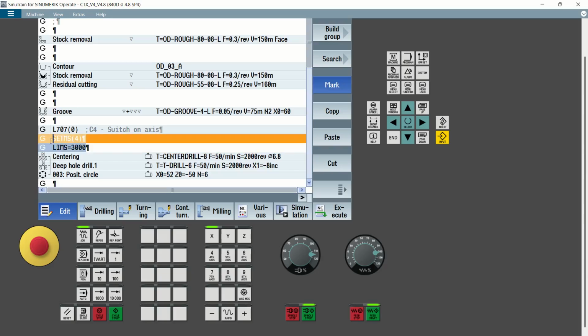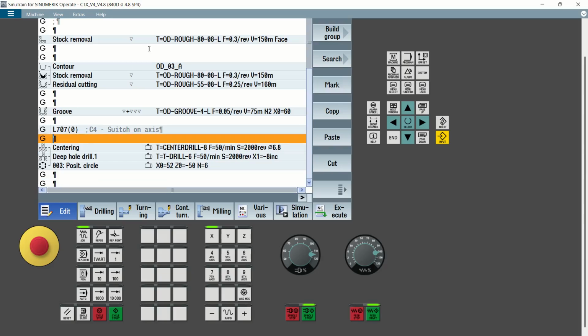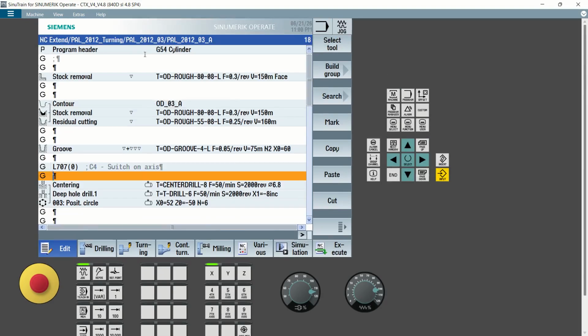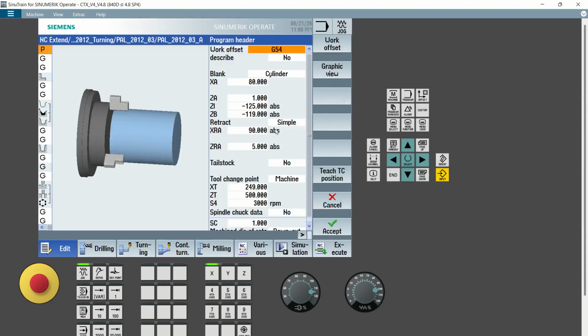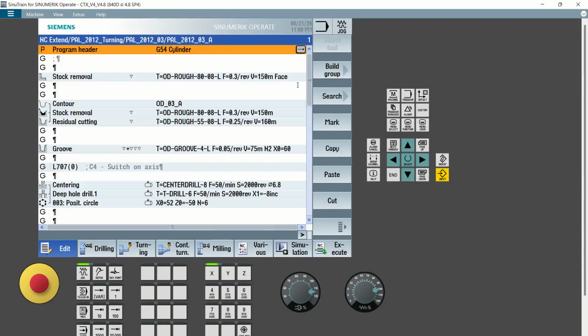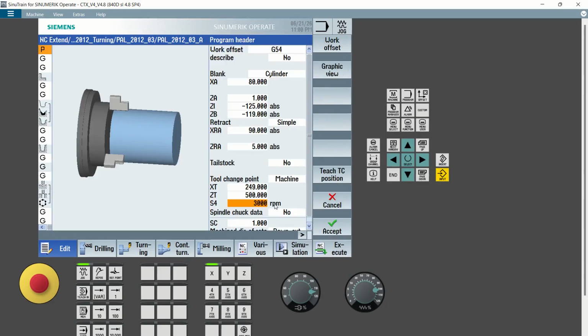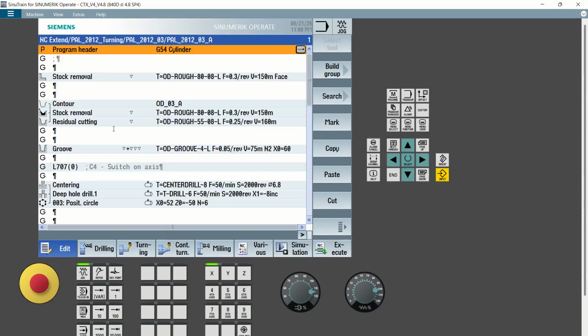But this one I'm using Shopturn, so already each parameter has been set in the program header. This is the program header. I've set all this here: my maximum cutter speed is 3000, and I'm using spindle number 4, that is channel number 4. Okay, this is how you create a turn-mill program in Siemens